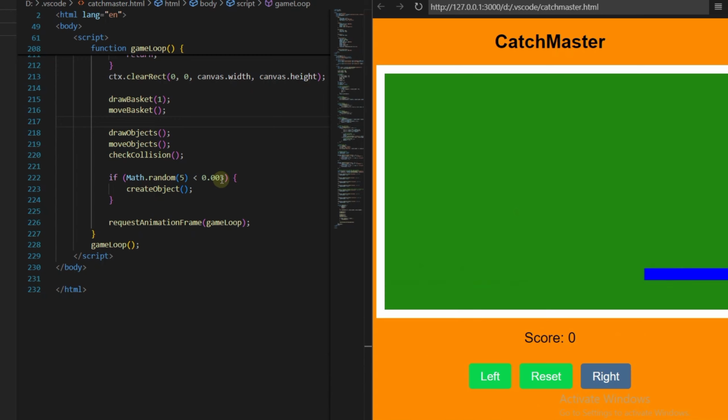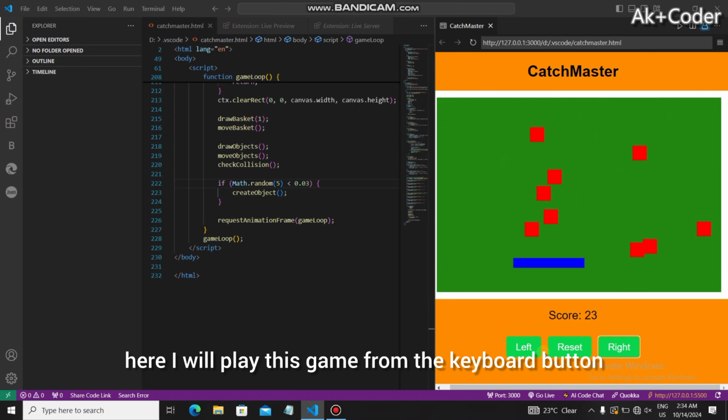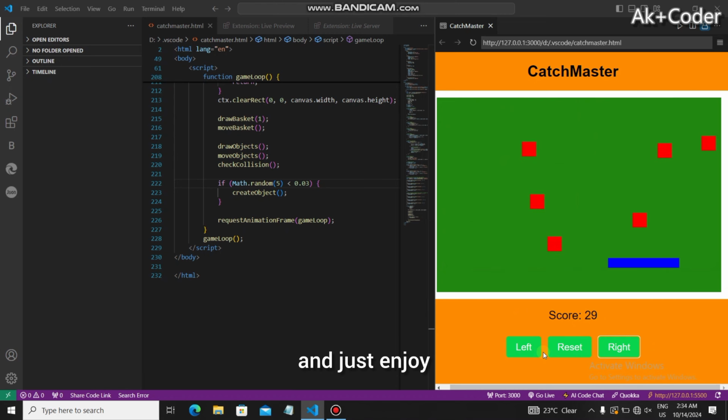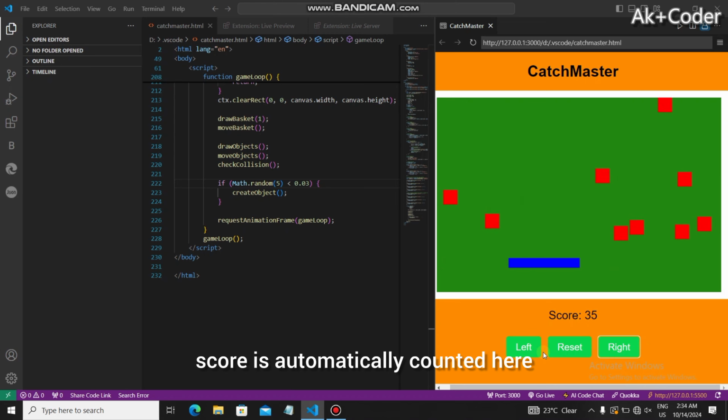Then to create the toughest level for this game, you replace the Math.random value 0.003 with 0.02. Then I will play this game from the keyboard buttons and just enjoy, and you see the score is